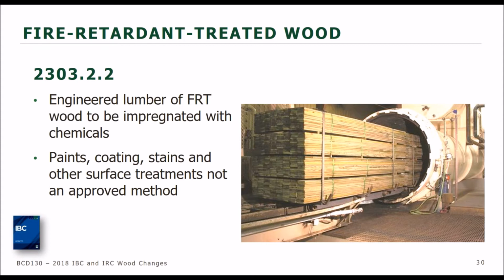So the approved modifications clarified that other means during manufacturing was not intended to permit surface protected products as outright replacements for fire retardant treated wood. And that's given the requirement for chemical impregnation into the wood. So clarification that the definition of other means during manufacture does not include paints, coatings, stains,